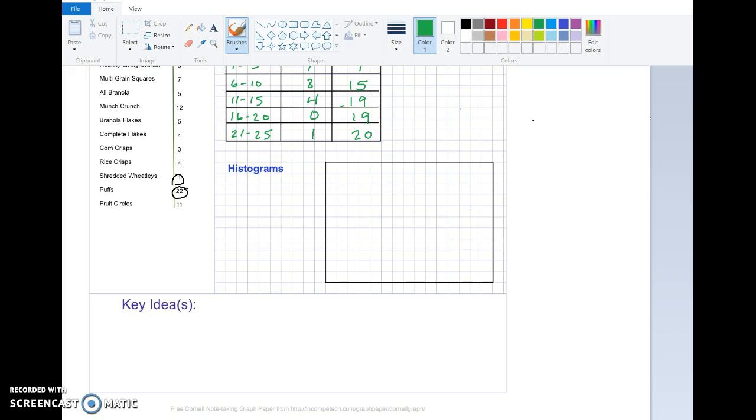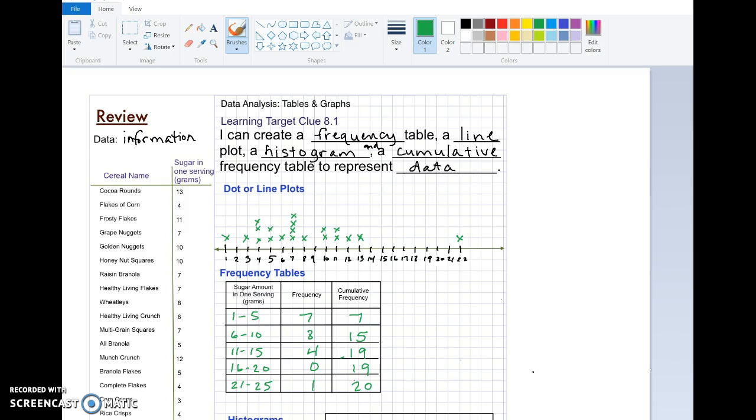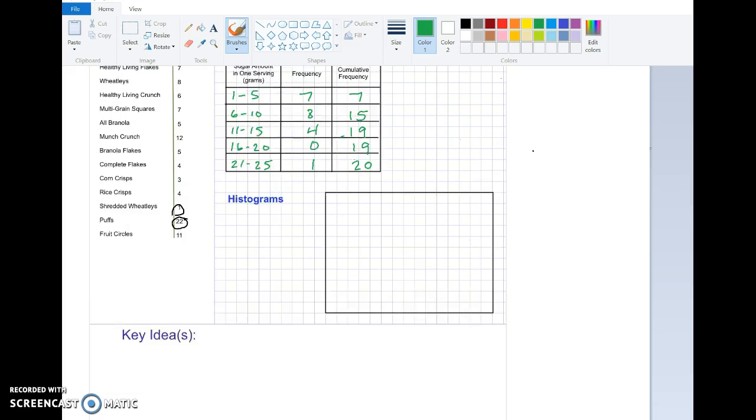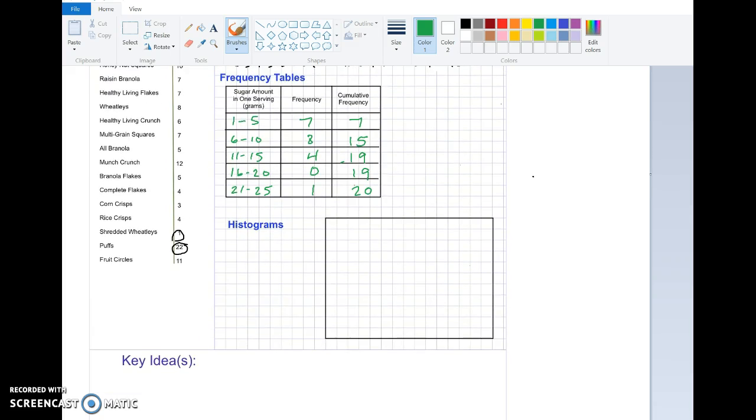Now, we're going to take this information from our frequency table, and we're going to create a histogram. So a histogram is just a visual bar graph that's going vertical. And I'm going to use the exact same frequencies that I have there. And these frequencies that are listed on the frequency table are going to be bars of intervals. So I'm going to do the same thing. I have 1 to 5 is going to be my first interval,